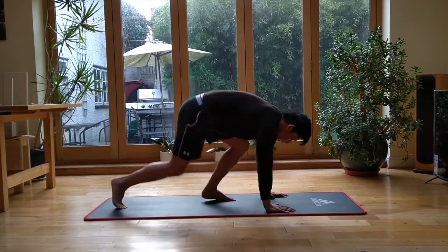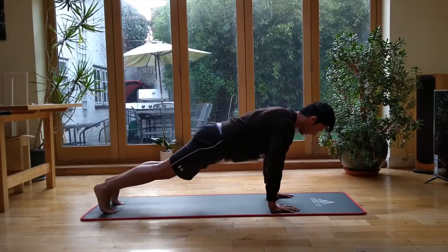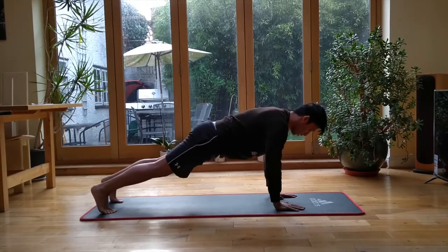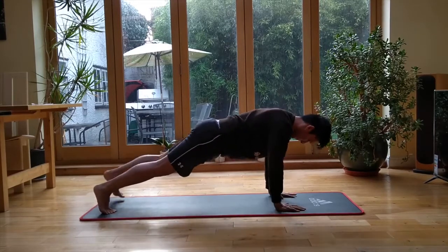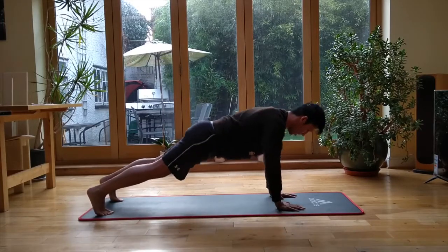So we're going to begin in a plank position and we're going to lightly tap our left shoulder with our right hand and then tap our right shoulder with our left hand and keep alternating for plank taps. Engage your core here, maintain a strong plank position, keep that butt low, keep that core tight, keep the glutes